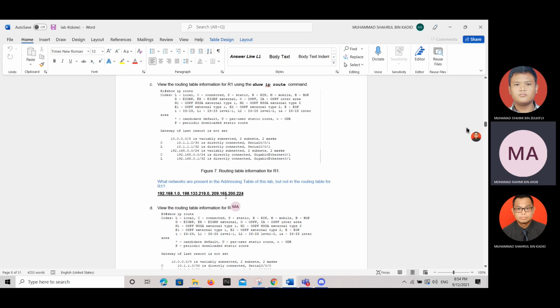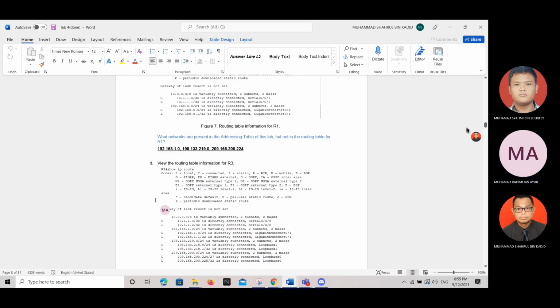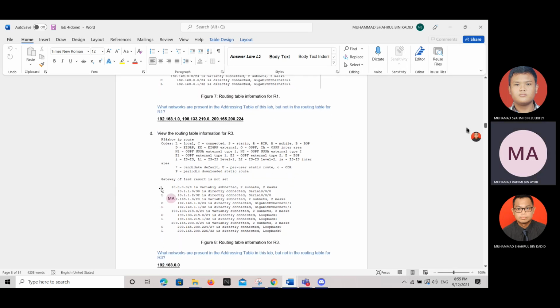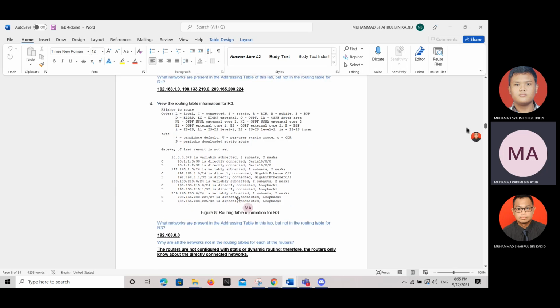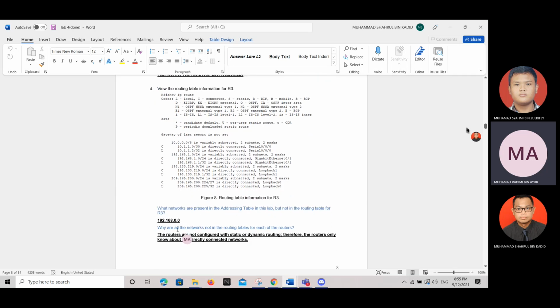This is the IP address. Next is the routing table information from R3. Also the same for R3, show IP route. What networks are present in the addressing table in this lab but not in the routing table for R3? This is the